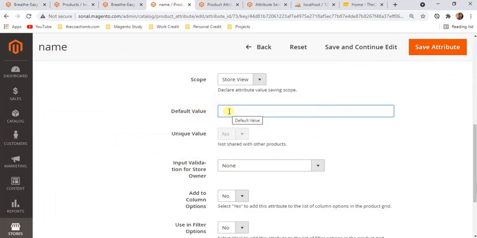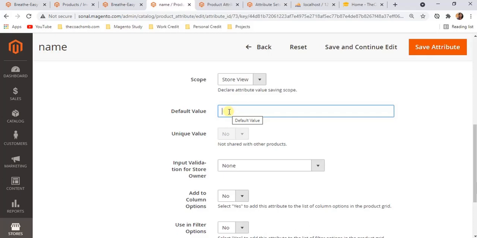In that case, the existing products will not have value for this attribute. So you need to import value for this attribute for every product, which you can do with the import option in Magento system.